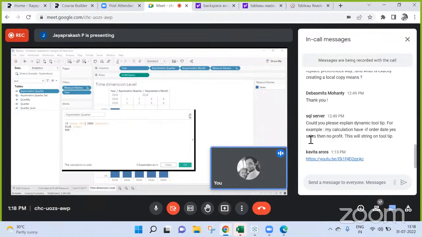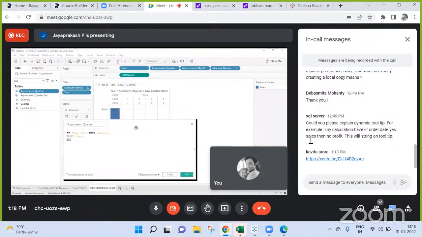So if quarter set, then quarter. I think, Kavita, that will work, right? If you click on anything. Because we need, the first time, the view. What if the view is at quarter level directly? Year, quarter, and month, right? If it is directly at quarter level, then he can drill down to month level, right? What do you say on that?